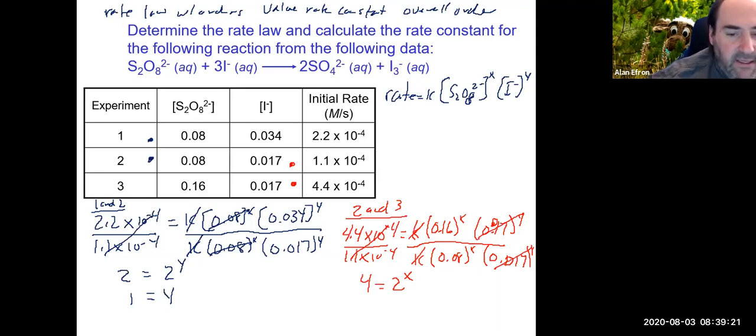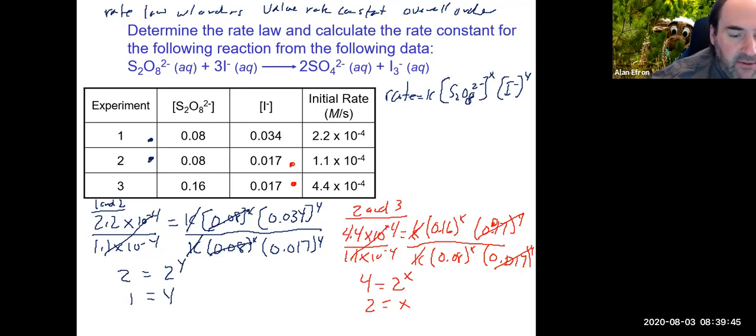So this is 2 to the X equals 4. In this case, X should equal 2. 2 squared is 4. Again, you can take the natural log of 4 and divide it by the natural log of 2, and you should get 2 as well. So now we have the actual orders here, and we see that it's not always going to be 1 on